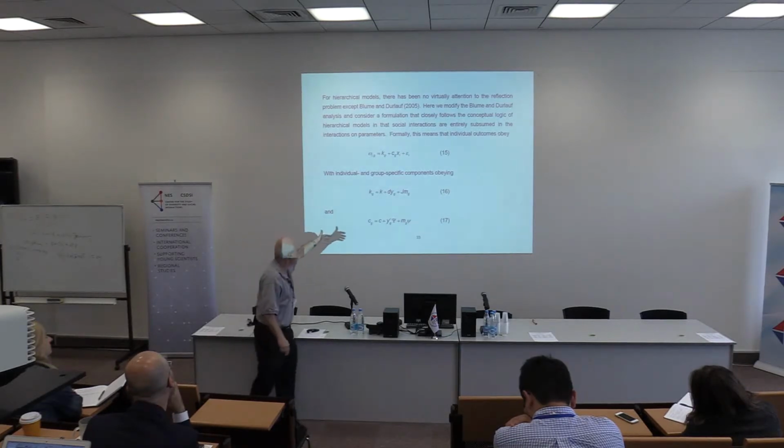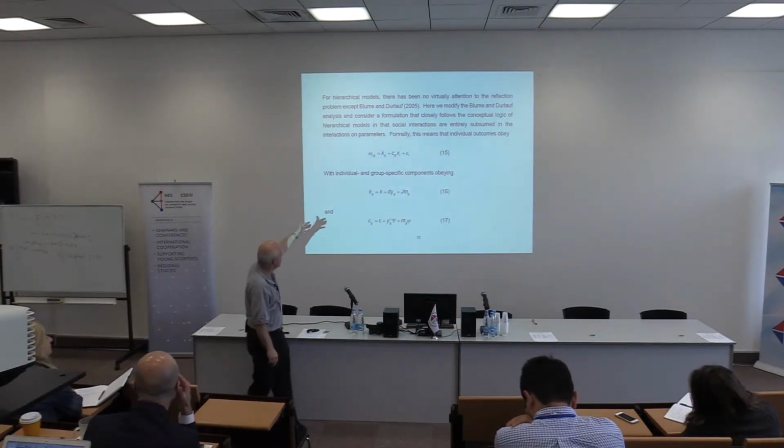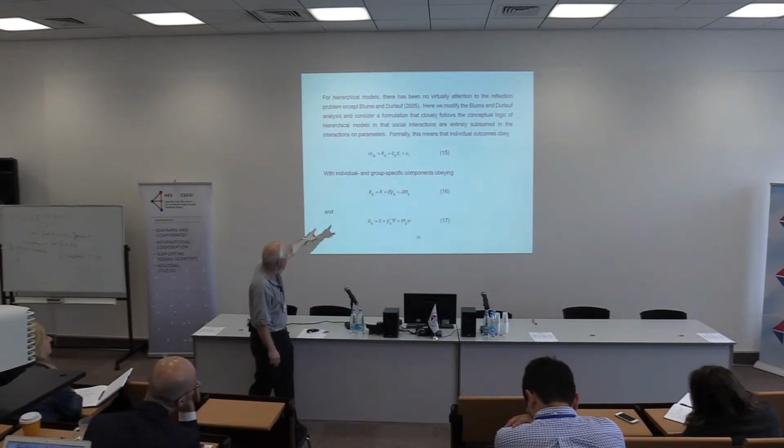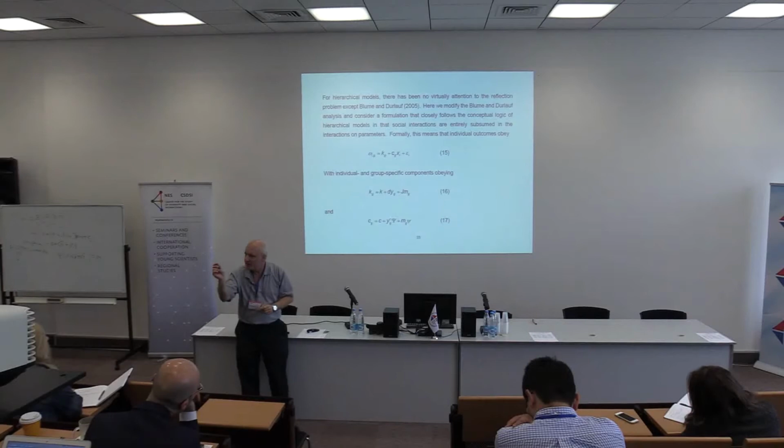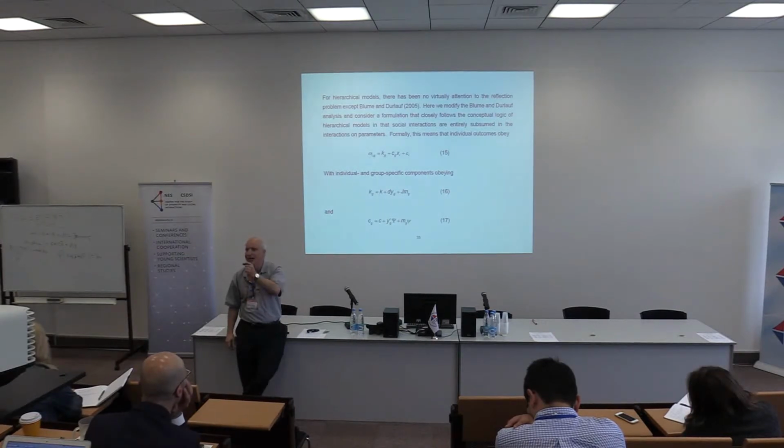And so in the hierarchical linear model approach, you would say that that constant K depends on both the characteristics of the group Y and the expected value of behaviors in the group M. And similarly, the coefficients that map individual characteristics to outcomes depend on the contextual variables Y and the endogenous variable M.